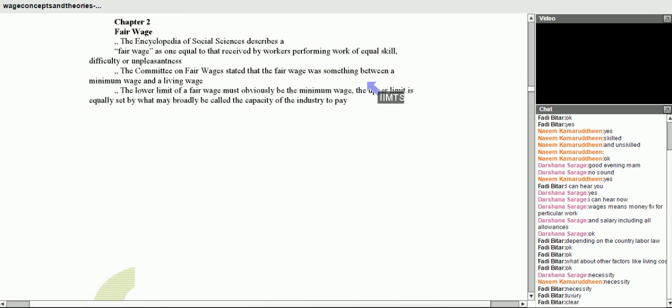So the lower limit for fair wages is set by the minimum wages, and the upper limit is set by the capacity of the industry to pay. Software industry, it's a growing industry. Retail industry, it is a very growing industry. So these are the industries